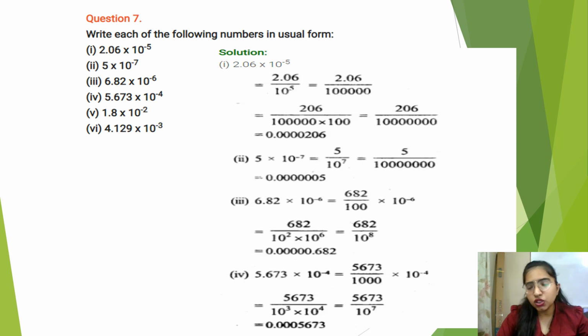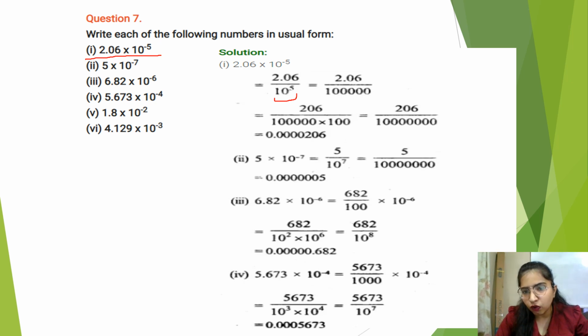Write each of the following in usual form. I explained you this question in the previous second question also. It is the same thing, but the power is negative only. This is the difference only. Okay. So the question is 2.06 into 10 raised to power minus 5. First of all, delete this minus sign, minus 5, right? This will bother you. First of all, shift this 10 raised to power minus 5 down to the denominator to make it positive. So it will be 10 raised to power plus 5 when you shift it down. Okay.